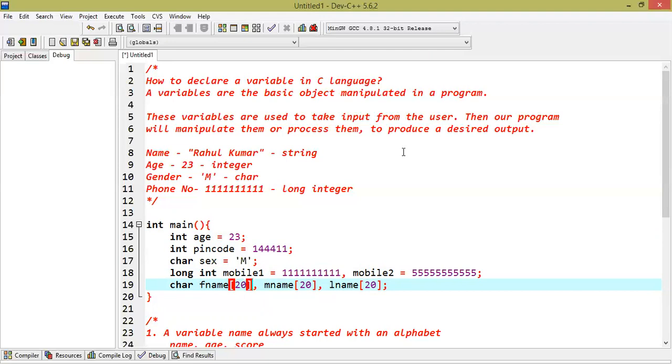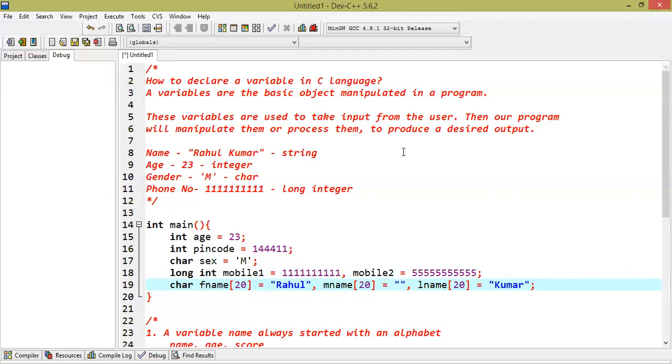Now next, to assign the name to a character array, we're going to discuss character arrays in upcoming lectures. Just consider here fname is a collection of characters, so we need to use a data type called a derived data type. Here we're going to use a character array, and at most the fname can have 20 characters. Whenever there is more than one character in a value, you need to put all those characters inside double quotes. So here we are entering the value. Now suppose this person has no middle name. What we can do is assign an empty string to that middle name. And then the last name will have something like this.